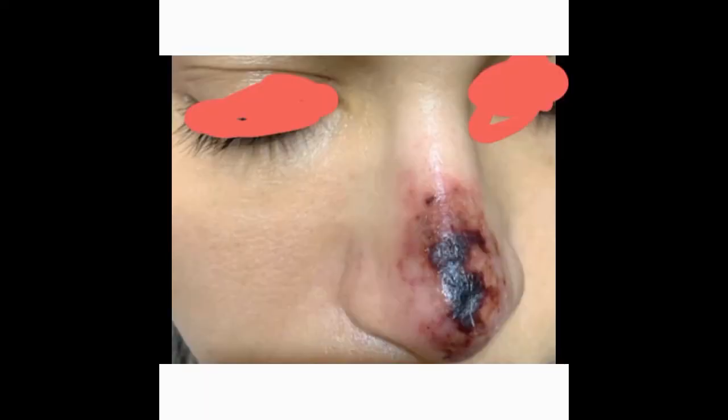necrosis that will be very anxious for the patient. So I will show you the final picture of a badly treated ischemic nose. As you see in this picture, ischemic on the nose